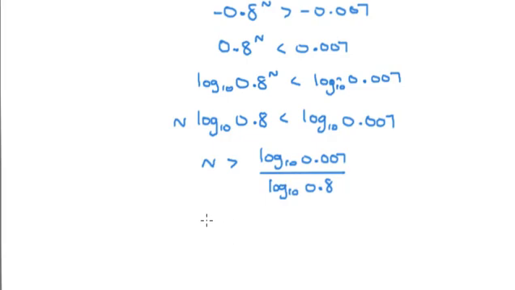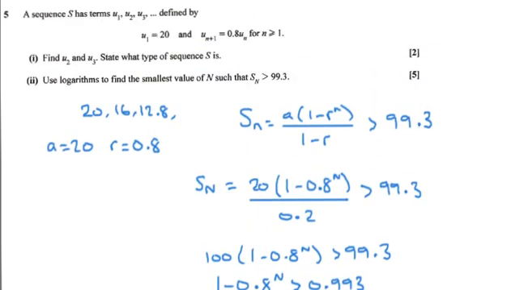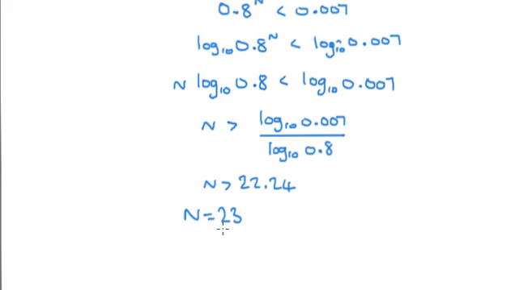And this we can type into our calculators. So n is going to be the first whole number bigger than the number we're about to find. So log to the base 10 of 0.007 divided by log to the base 10 of 0.8 is 22.24. So the first whole number bigger than that number tells us that n needs to be 23. 22 would have given us a sum a bit less than 99.3. 23 is going to give us the first one where the sum is